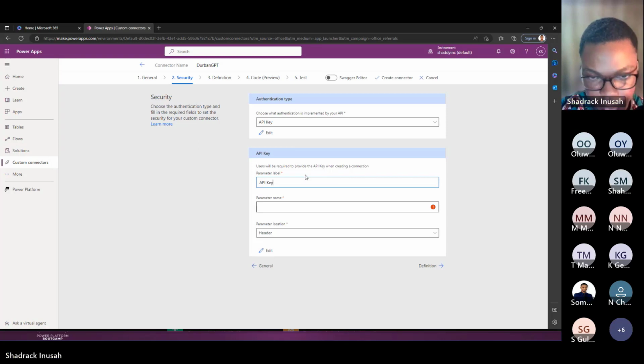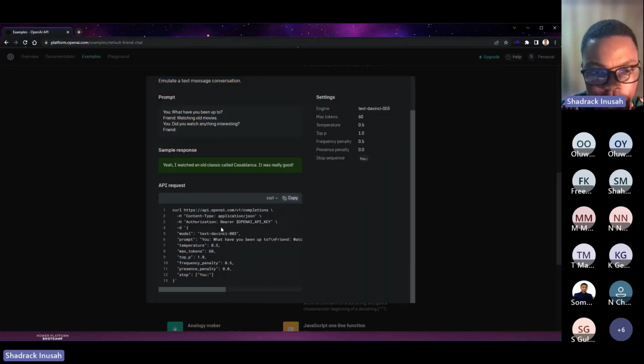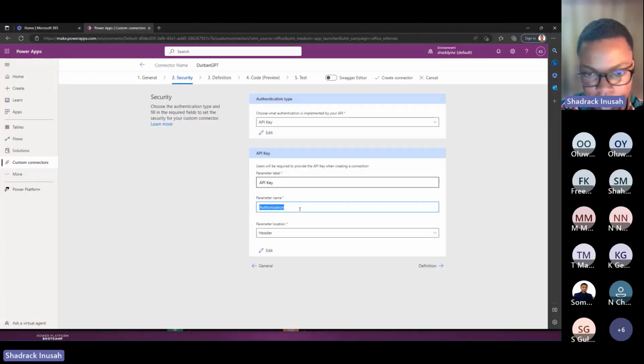For the parameter name, you type authorization. I hope I got it right. Yes, I got it right.